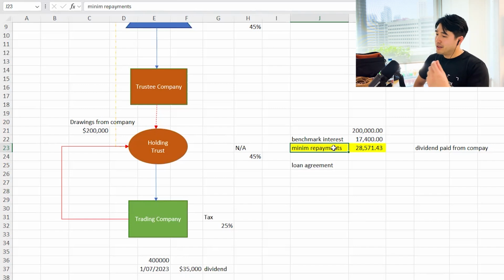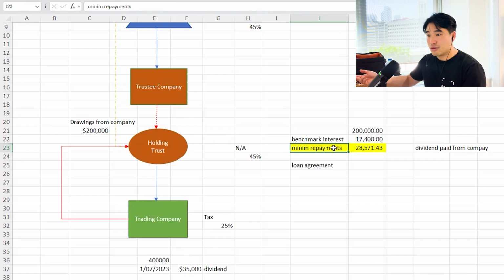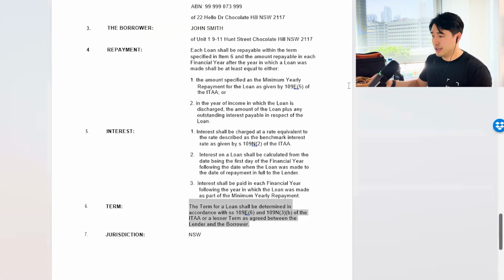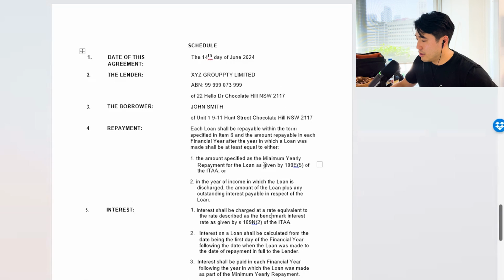So, for example, in July, you took out $10,000. There should be a loan agreement for that $10,000. Then in August, you took out $20,000. There should be a loan agreement for that one too. The ATO argued that everyone's been doing it wrong, because what the accountants and everyone does is they work out how much you've drawn out for the whole year, say $200,000, and they create a loan agreement for that whole year. That's how this loan agreement is written up.